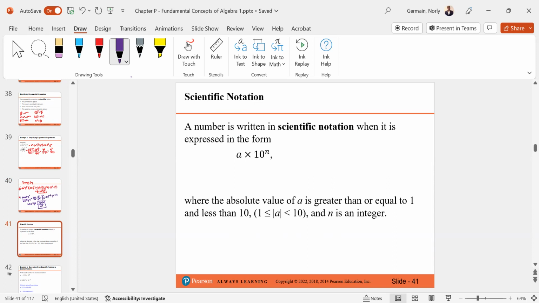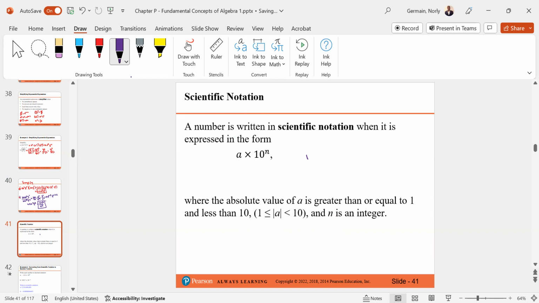Whenever you write an expression in the form a times 10 to the power n, you call this scientific notation. But remember, a is greater than or equal to 1, okay? But a cannot be 2 digits, and it cannot be less than 1. So a can be 1, 2, 3, 4, 5, 6, 7, 8, 9. It can be 1 point something, 2 point something,